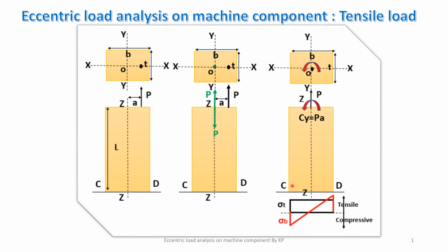compressive on this side. While because of the direct stress, there is a tensile stress produced along the cross section, which is uniformly distributed. This diagram at the bottom of this third figure shows the stress distribution. Because of this vertical load, there is a direct tensile stress, and because it is uniformly distributed, its height is uniform along the cross section, and this height is sigma t. Because of this anti-clockwise bending moment, a tensile stress is produced on the right side and a compressive stress is produced on this side. So this right line shows the bending stress distribution.